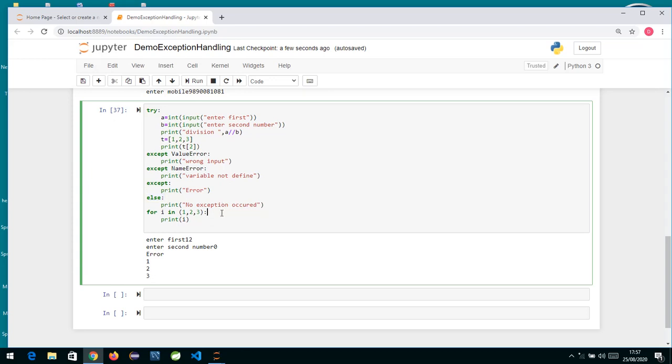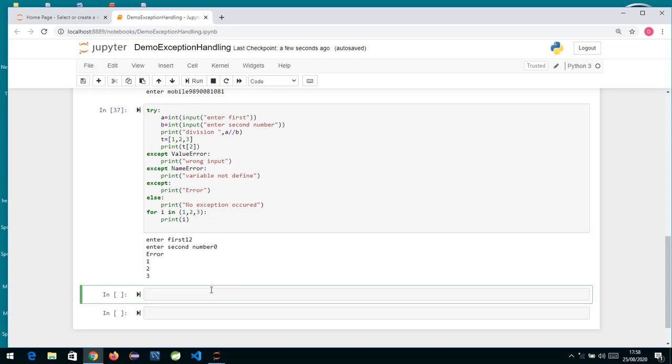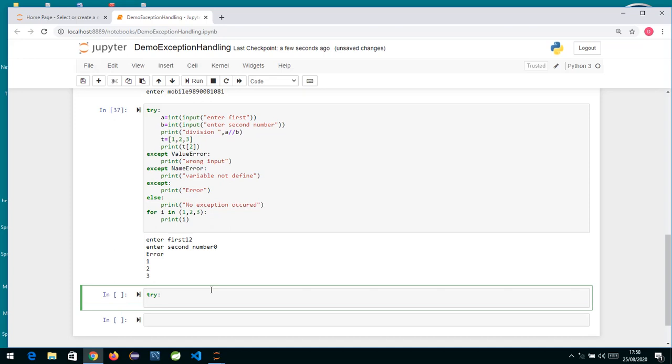Now the last thing which we have relating to exception handling is a finally block. Finally is a block which is executed irrespective of error. Suppose I am trying to open a file. In Python, if you want to create a file or open a file, we have a command: suppose I write f is equal to open, and suppose I write here the name of the file, a.txt. Or suppose I create it in D colon, so D:// a.txt I'm trying to create over here, and this file I'm trying to create in write mode.